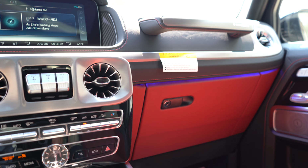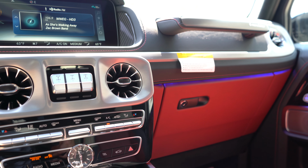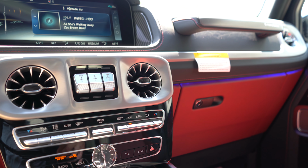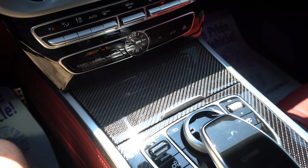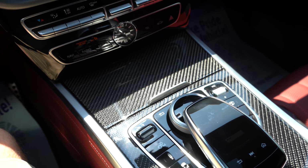There's plenty of authentic carbon fiber accents, which by the way is one of the options that we have on this particular G-Wagon here today. So that is located absolutely everywhere. Not to mention the authentic suede headliner that is completely all around me right now, so a very nice feel to that as well. Red contrast stitching, I probably could go on and on, but